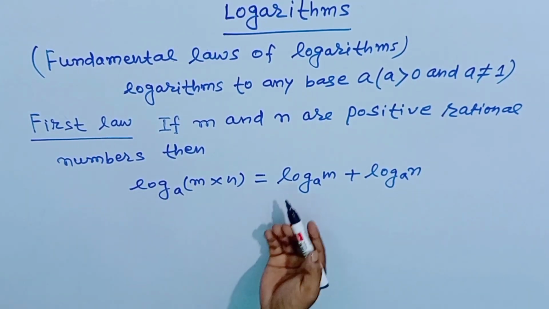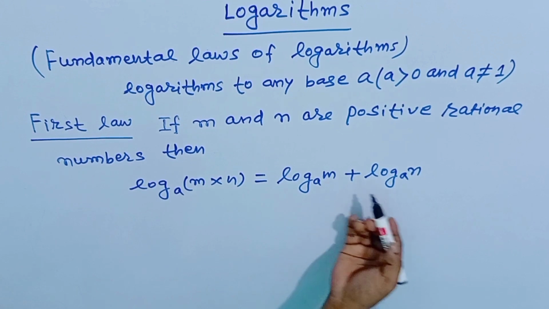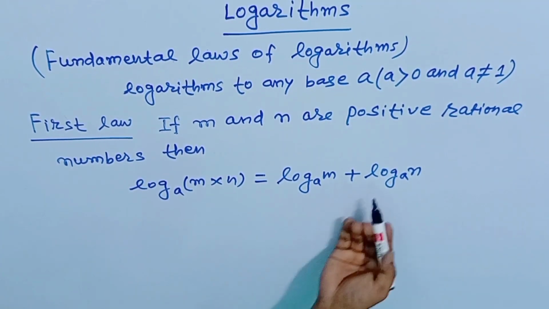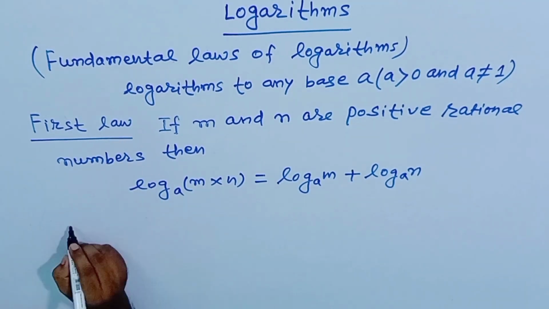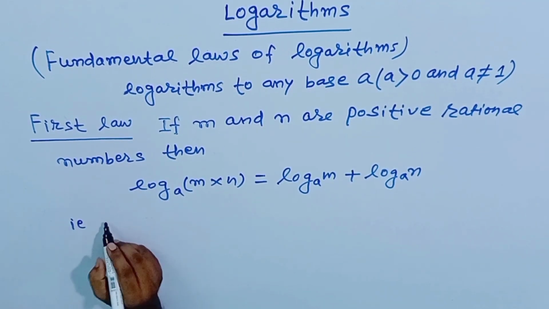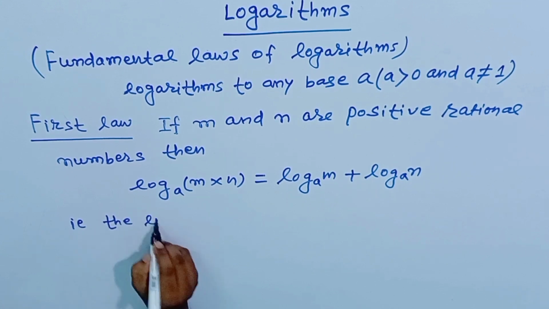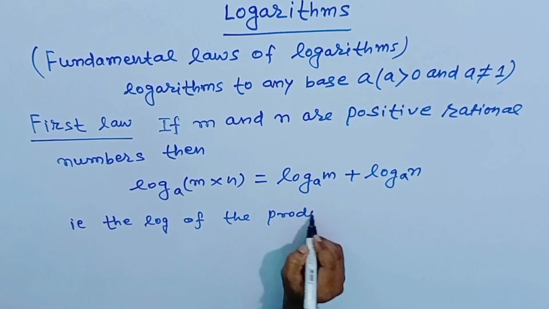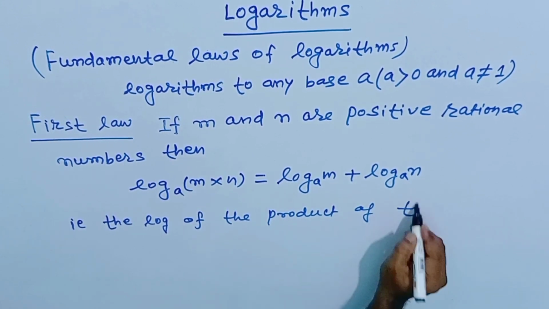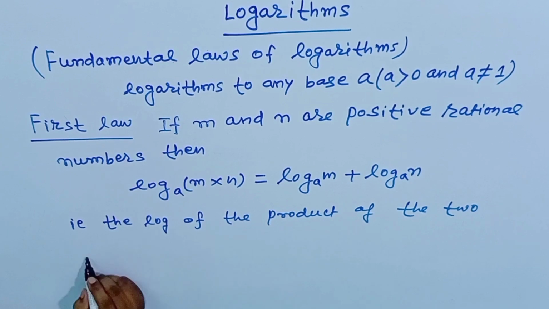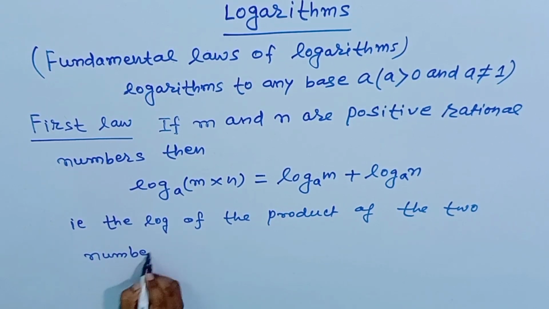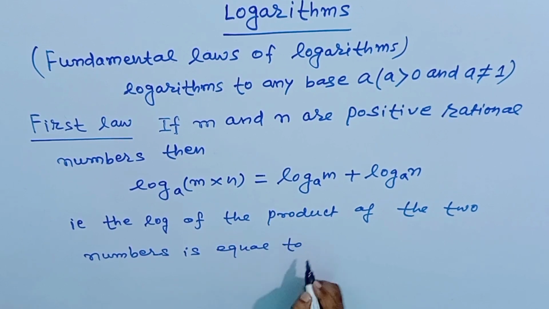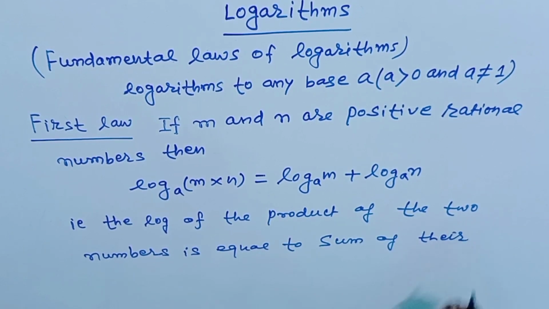logarithm of m into n is equal to logarithm of m plus logarithm of n, या log of m into n is equal to log of m plus log of n। सो इसे हम इस तरह से भी लिख सकते हैं, that is the log of the product of the two numbers is equal to the sum of their logs।